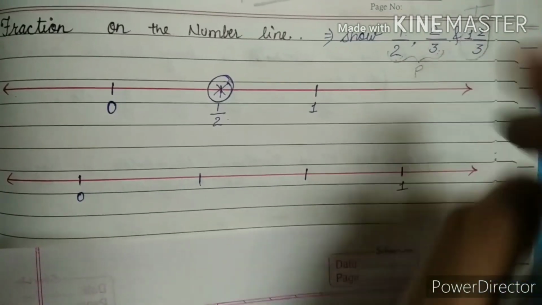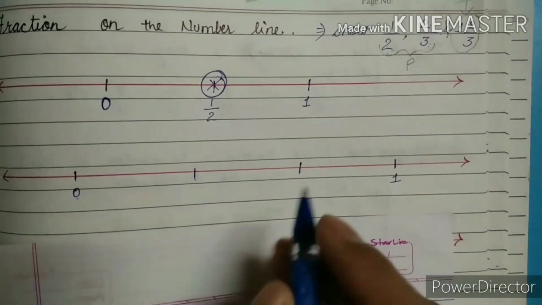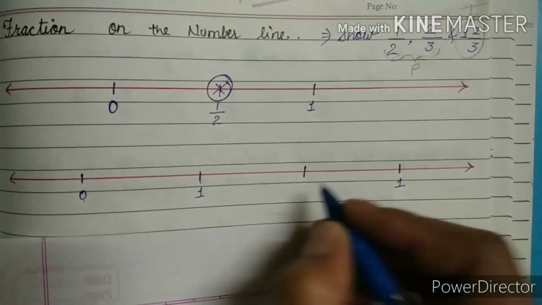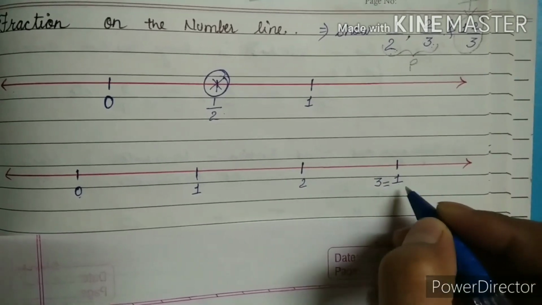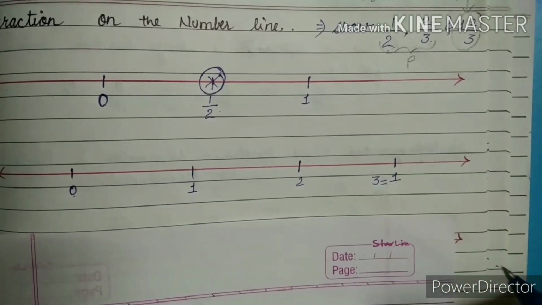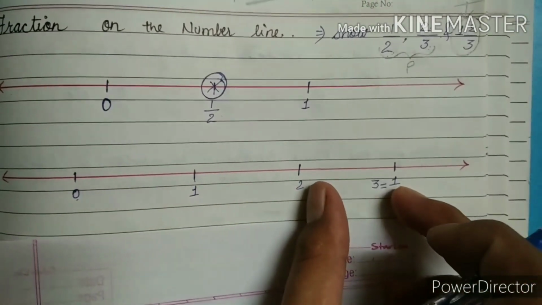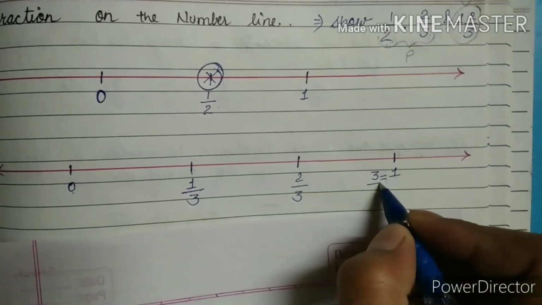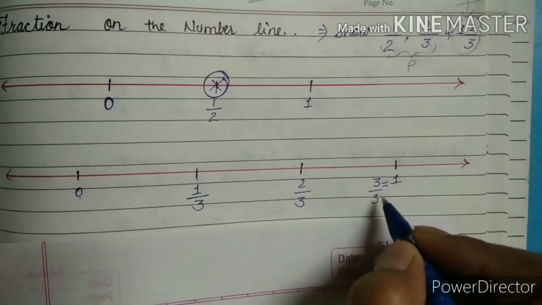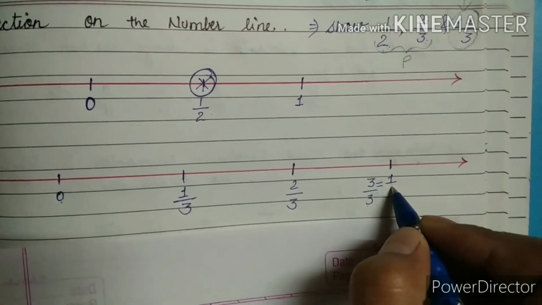2 by 3, 3 part is over. Okay, this is 0. So just we have to put 1 part, 2 part, and this will become 3 part. Now how many part we did? 1, 2, 3. So at the denominator of everyone we have to write 3. Now when we cut 3 to 3, it will again give us 1.